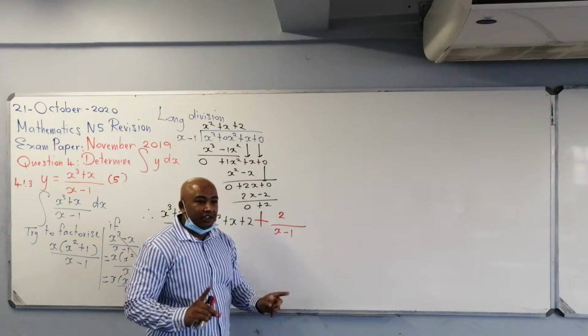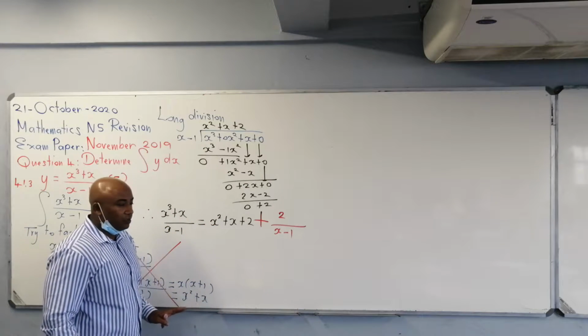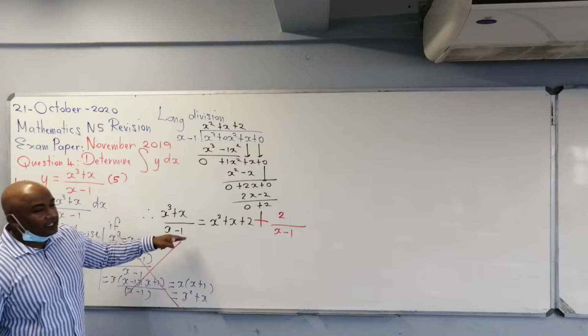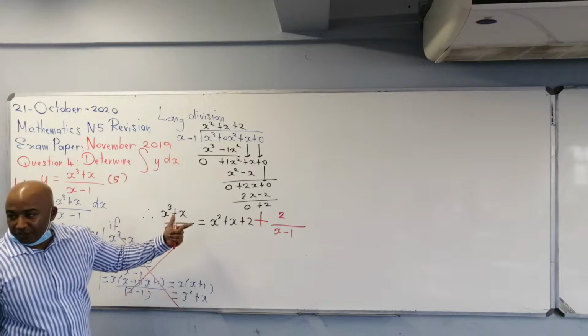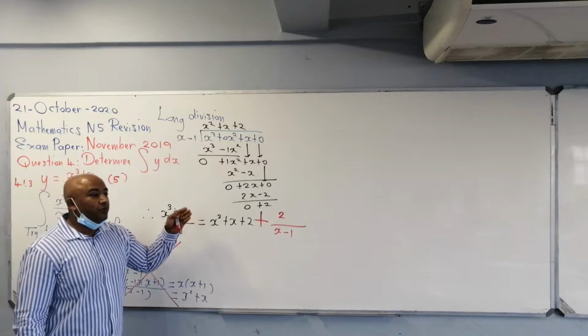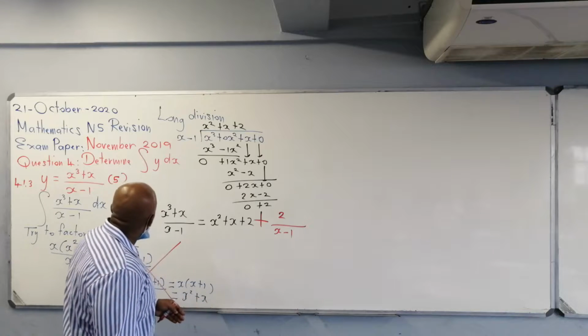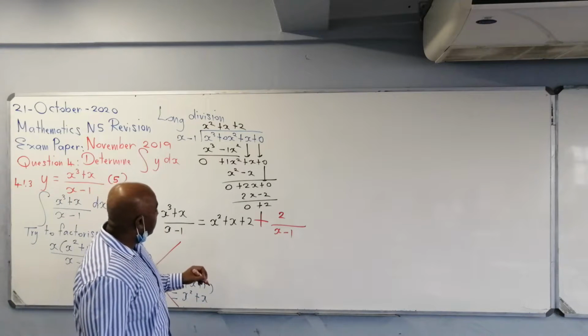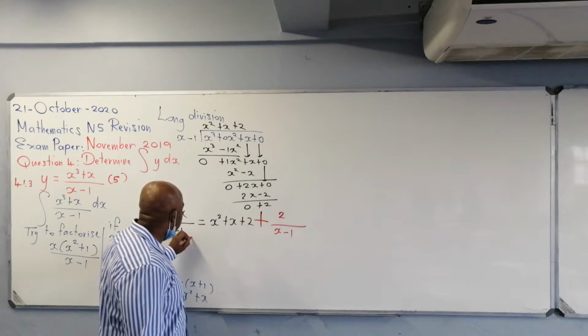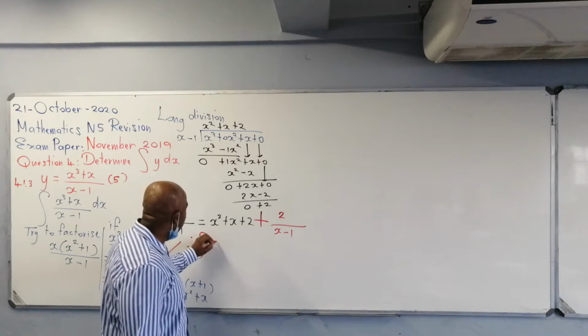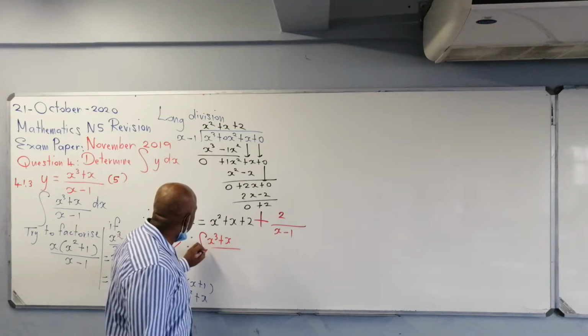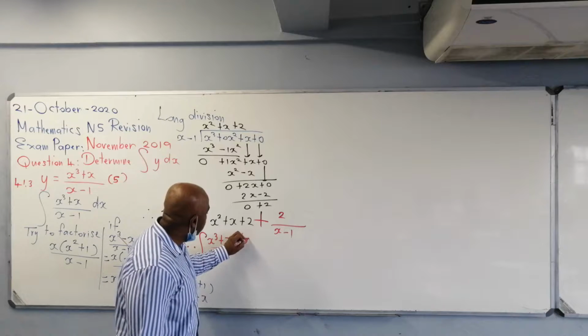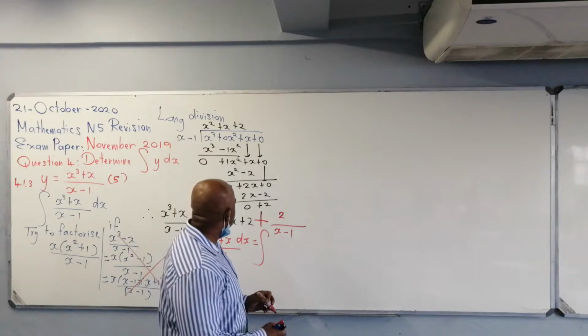But obviously you do it on the calculator in the exam to make sure it's correct. So you don't just accept that this is correct, you have to make sure it's correct. You understand that? Before you move on to the next step. Now, all we do is put in our integration sign. So now therefore the integral of x cubed plus x over x minus 1 dx is now equal to the